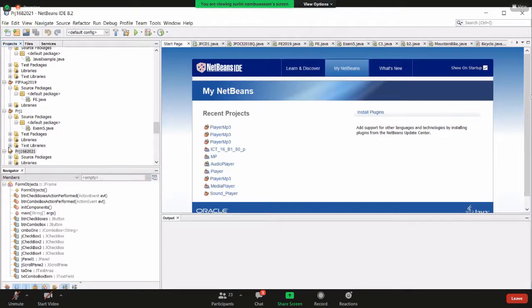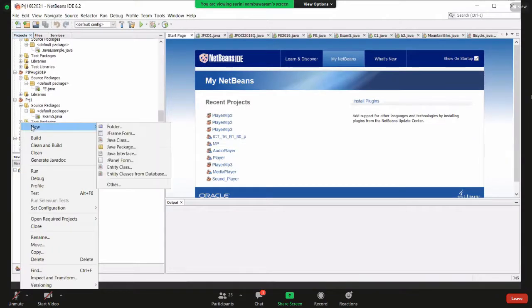Then I have added the project. Then I am going to add a form for this project. I select new, then select JFrame form.